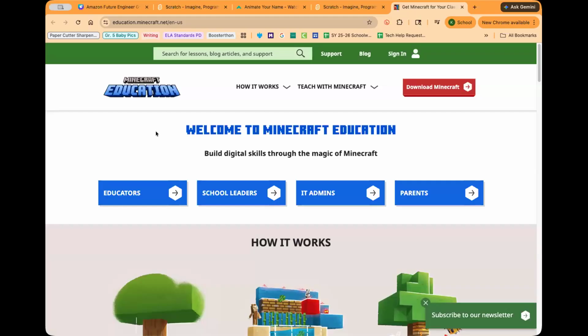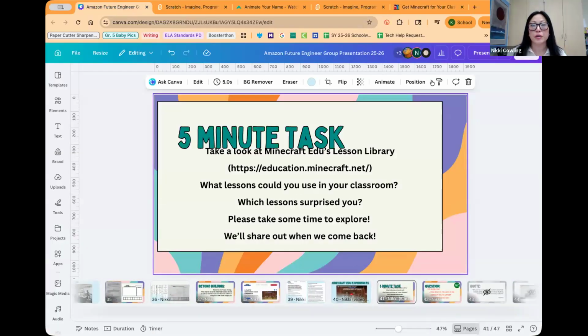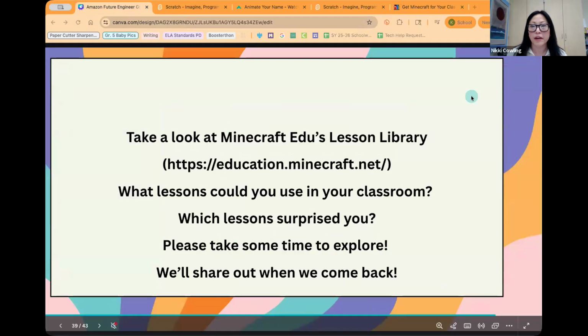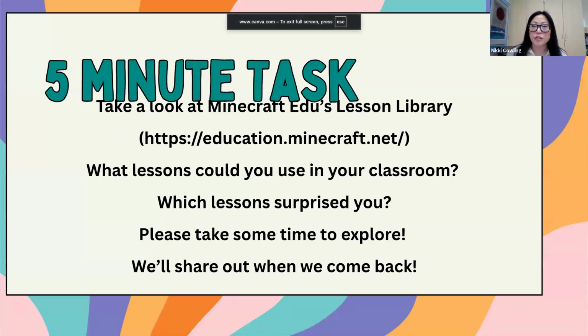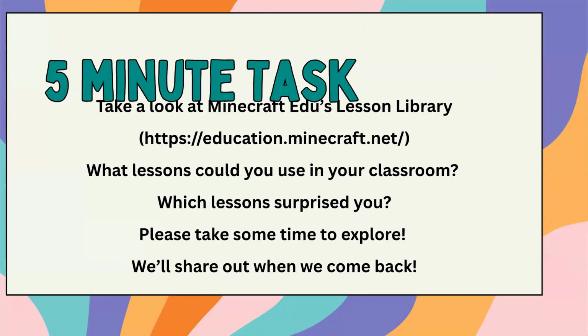I wish I knew the answer. I know that Minecraft EDU is something that is paid for by our district. It's through our Microsoft program. I'm not sure how far you can go into exploring the lessons and trying it out before the trial will end. So I know that Zoe was asking that. I don't think it's free forever. I'm so sorry.